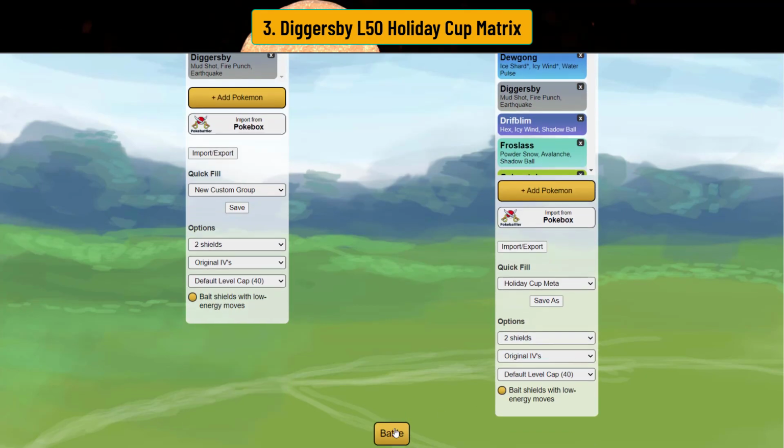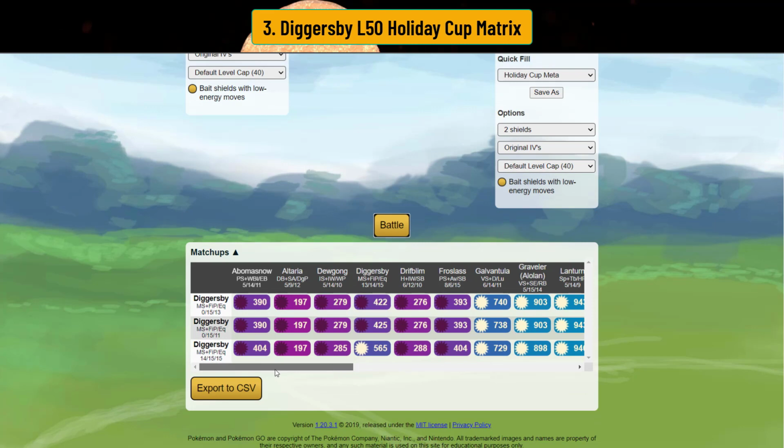So near perfect Diggersby, and then you have 51 and 50. And we're going to run the simulator. Here's the 2 shield. As you see here, the funny thing is, in the mirror, it's really weird. The reason why you lose against all 5 of these is because they're either ice types or